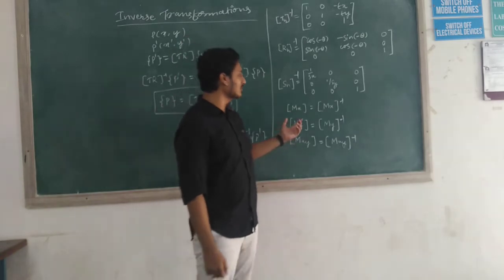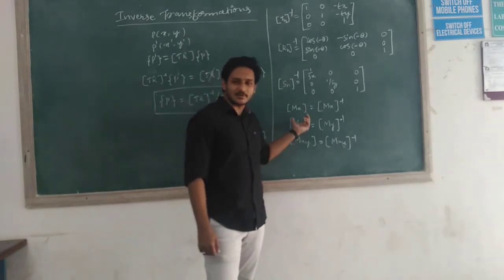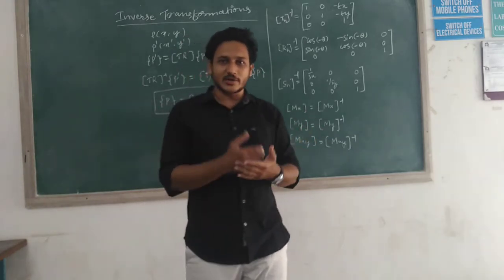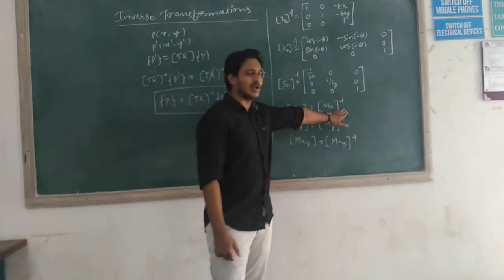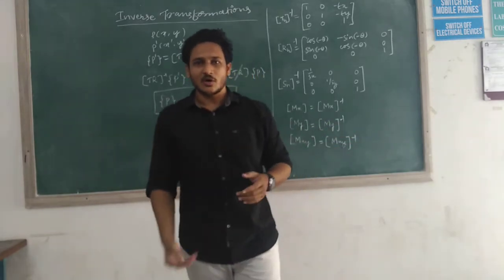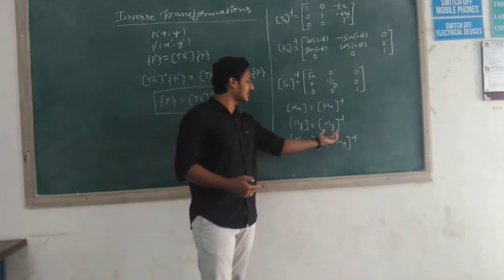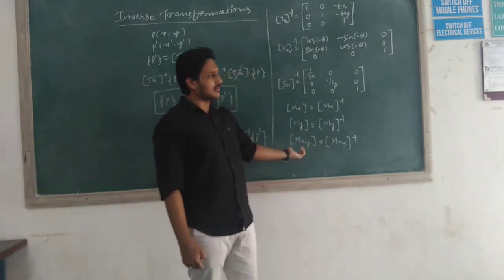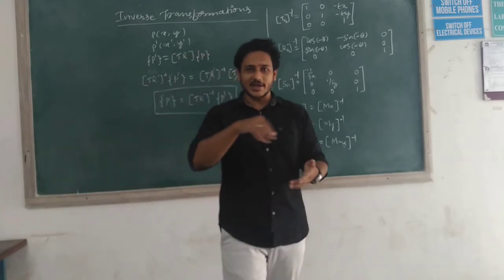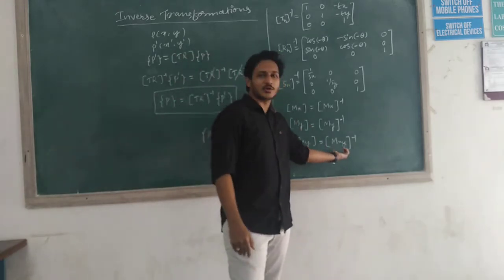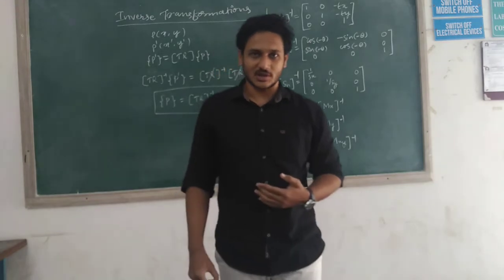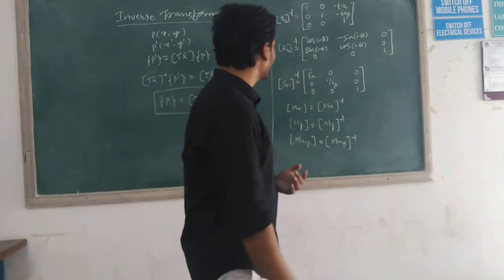The inverse of mirroring or reflecting the body about the x-axis is the negative value of the mirroring of the body in the x direction. Same for y, the inverse of y. If I am reflecting the body about the xy plane, I am going to have the inverse value of the reflection about x and y.